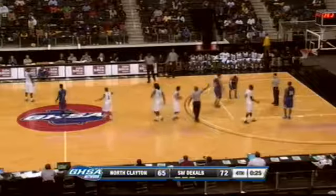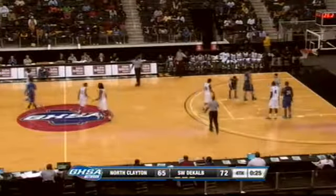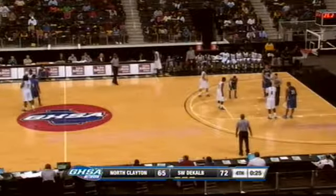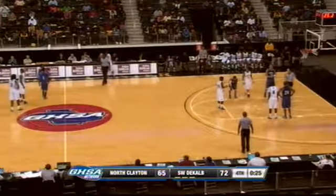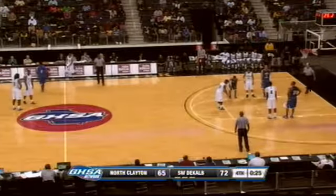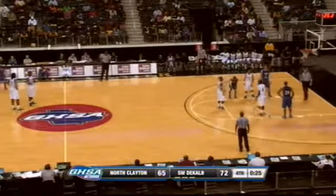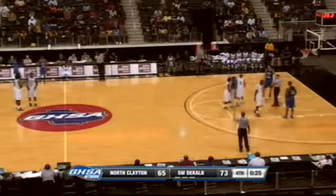So North Clayton had a shot there. Hunt with that long 3. Contested, though. Southwest now with a chance to add to that 7-point lead. Walker hit 1 out of 2 last trip. Knocks that one